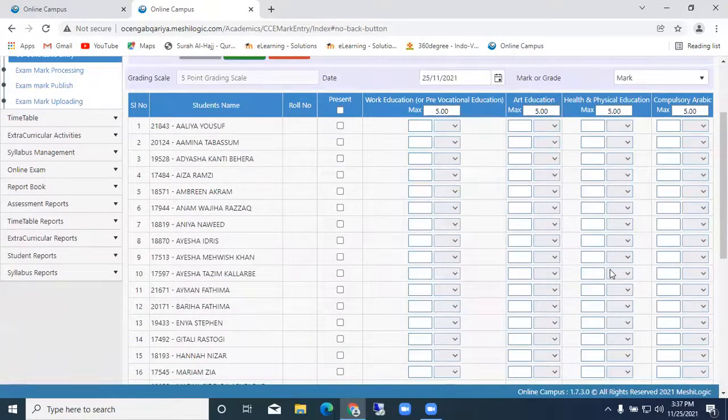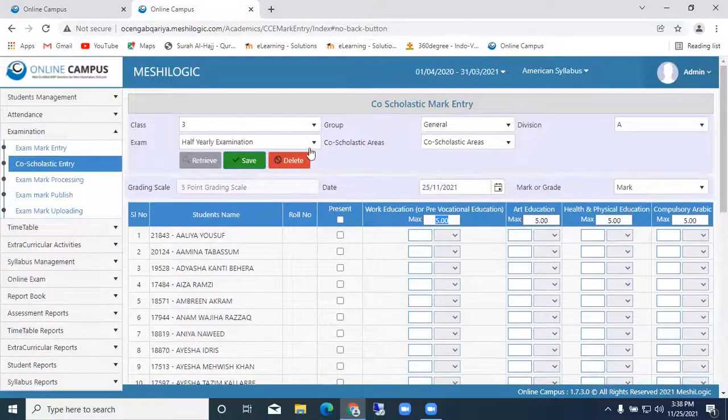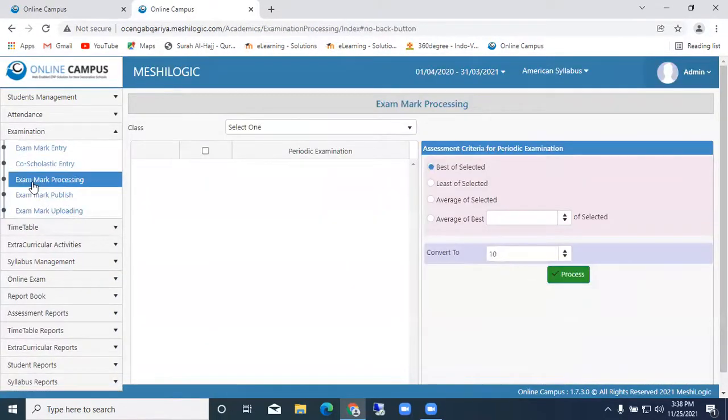Like preparing consolidation, right? Yes, this is for the consolidation of the marks. So we have 5 marks for each and every activity maximum. So either you can have grading also here, or you can have the marks also. Both ways are possible. When we are generating this co-scholastic area, at that time we have to say marks or grading. If you say grading, automatically it will show you the grade. If you say marks, maximum marks will be 5. So it's a one-time setup. As I'm telling you repeatedly, it's completely a one-time setup.